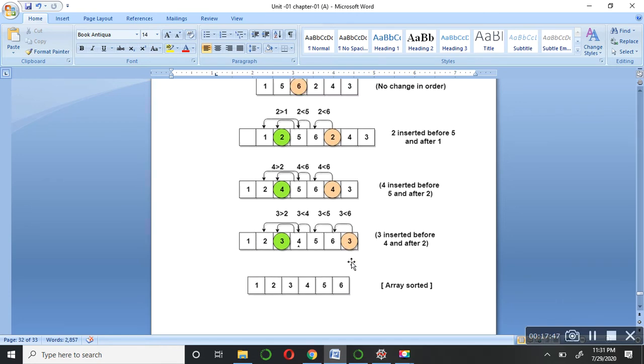So this is how insertion sort actually works. In insertion sort there is no need to apply loops again and again or provide passes. It manages the sequence, whether ascending or descending order, from both ends.